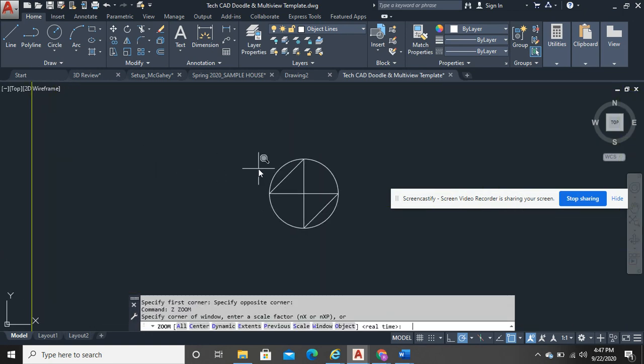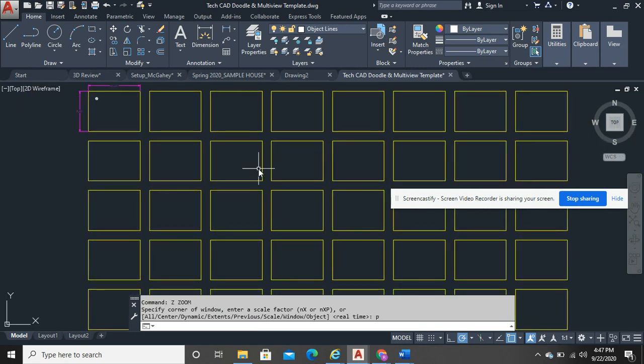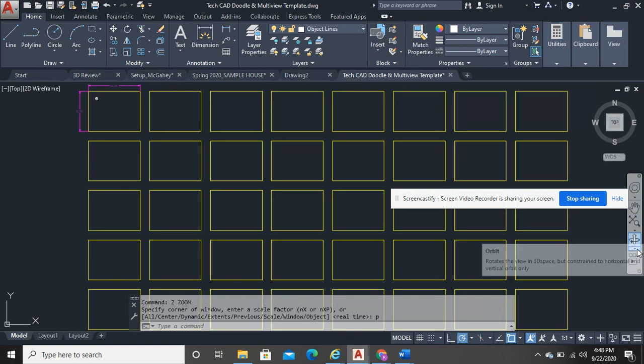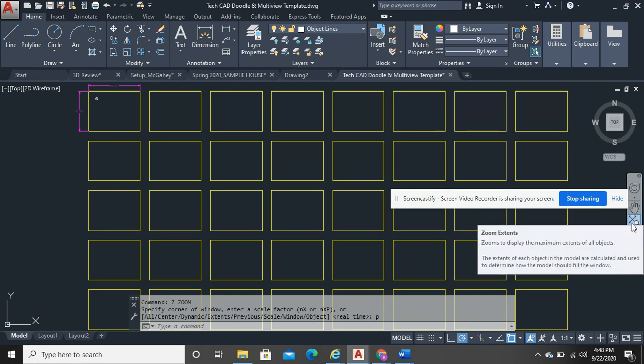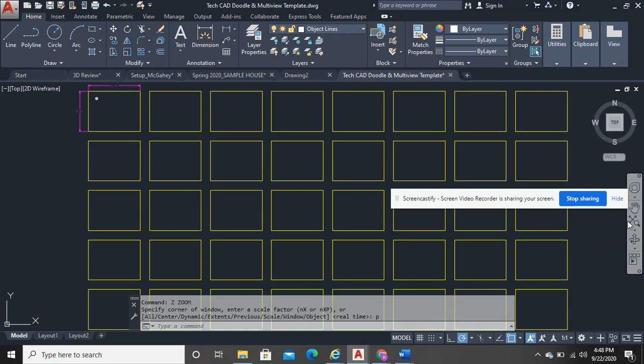And then Z space, T space, zoom previous, brings me back to where I was. So get used to those tools, and they also do exist for you over on the right side of your screen. Okay, so zoom is here, but I don't find it very useful over here. Okay. Last one is pan that we'll talk about, and then we'll come back and we'll draw some stuff, and